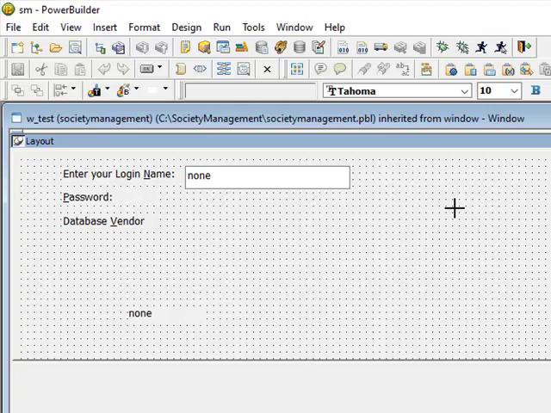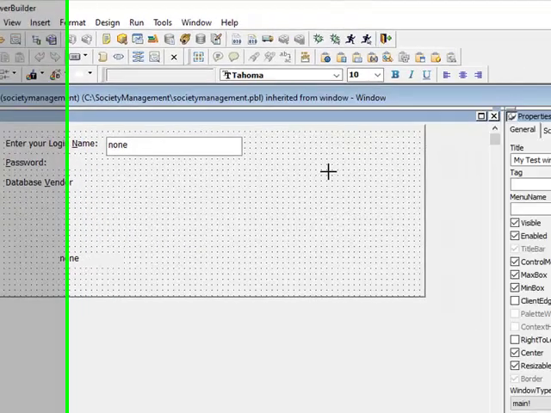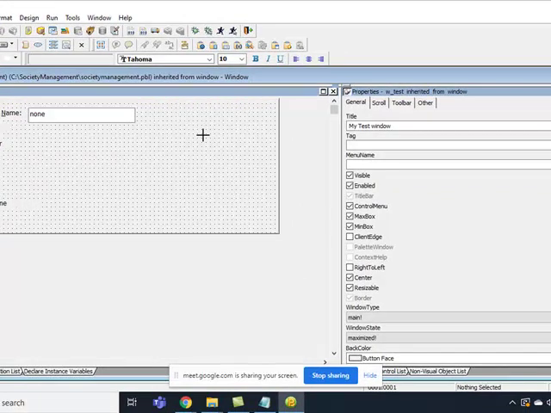Similarly, in Power Builder, all objects are saved in a Power Builder library. You can create more than one Power Builder library. We will discuss in detail, but a Power Builder library cannot contain one more Power Builder library. Basically, a Power Builder library is a container for the objects, so all objects belong to a Power Builder library. Perfect.